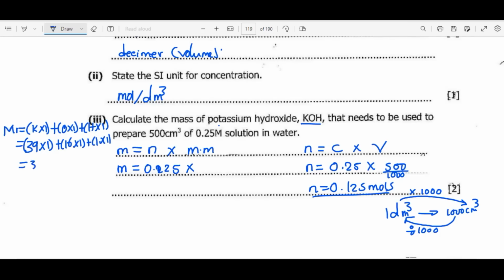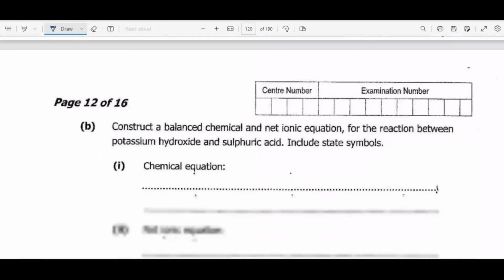So 39 times 1 is 39. 16 times 1 is 16 plus 1. So 39 plus 16 is 55, plus 1 will give us 56 grams per mole. Then this is the number that we are going to put here, 56 grams per mole. So grams per mole. Then here we have mole, so this mole will cancel. Then our final answer will be 0.125 multiplied by 56. So I'm getting 7 grams as my final answer. Right, we move on to question